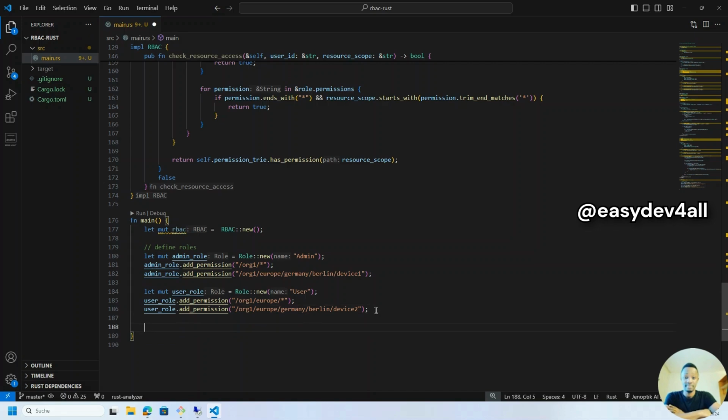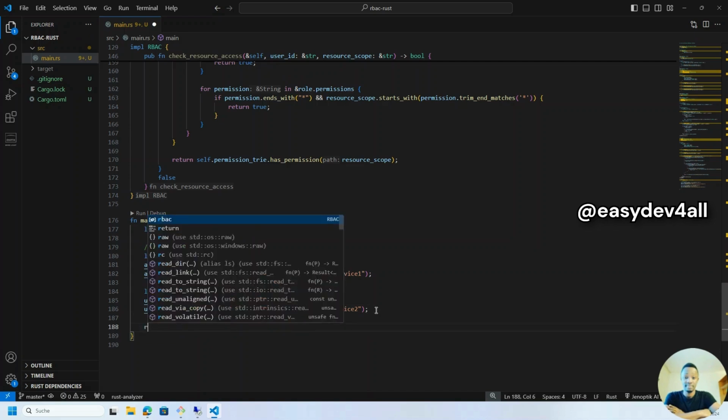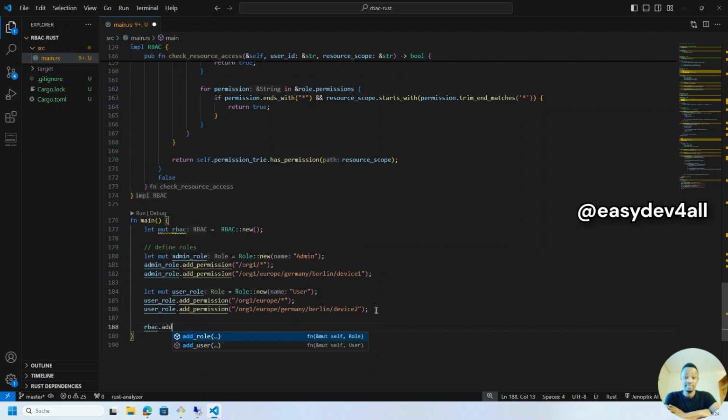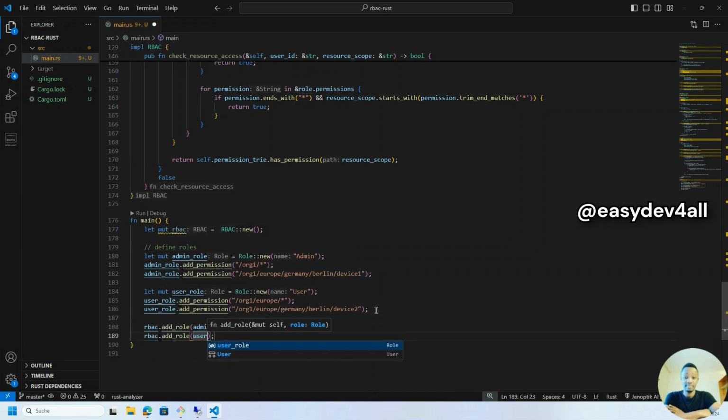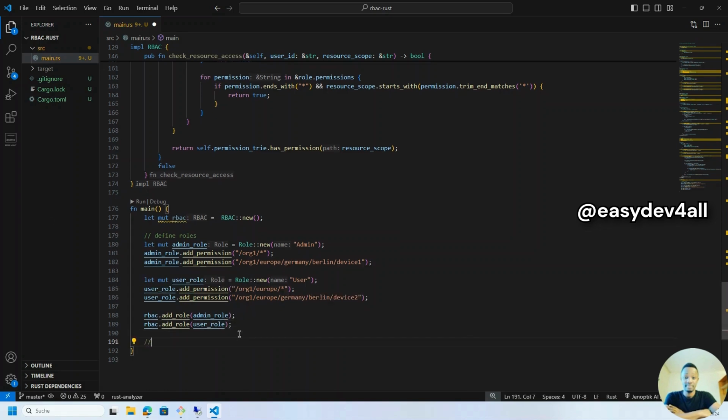So now with these roles defined, I can simply add this to my RBAC. So I can say RBAC.add role, and I simply add my admin role, and I do the same again, RBAC.add role, and I can add my user role, and that's pretty straightforward. Okay, so now I can go ahead and define,